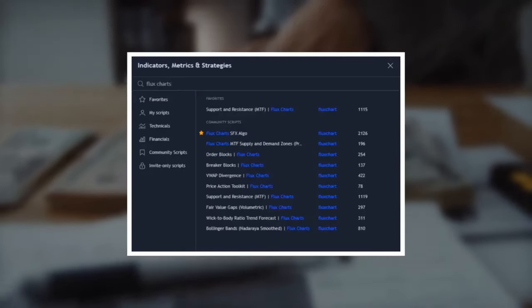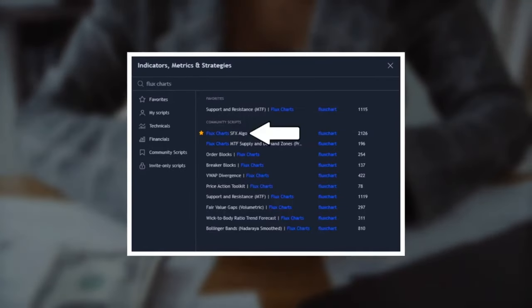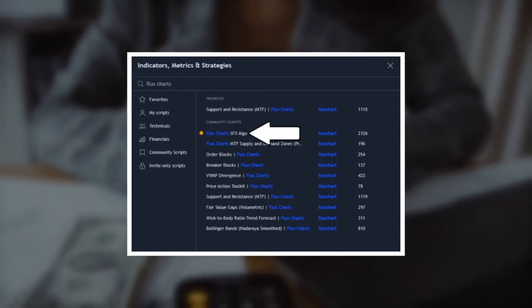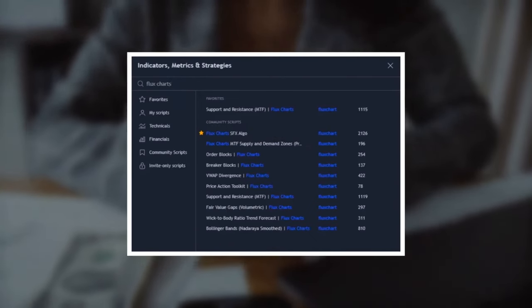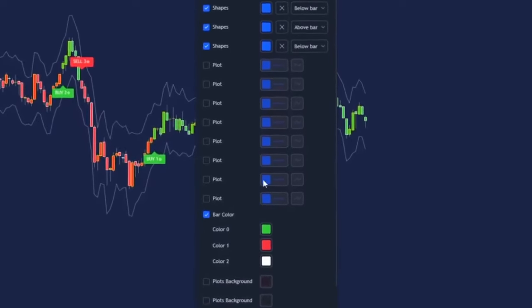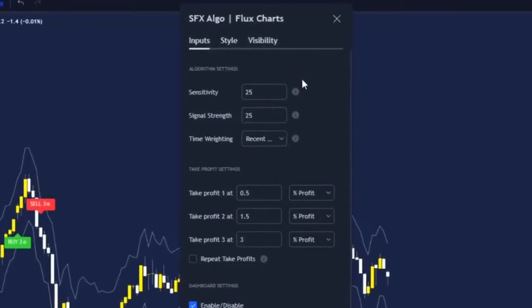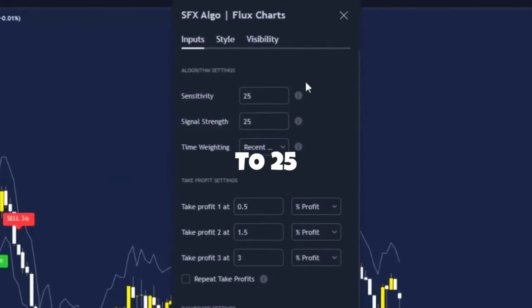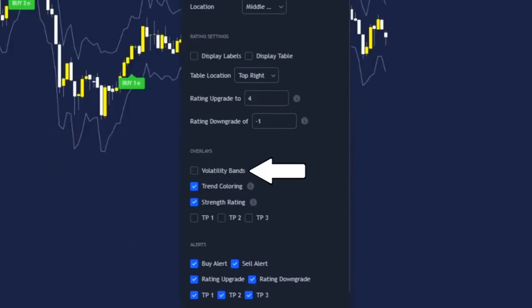Click on indicators again and type in FLUX CHARTS, and we will be adding the FLUX CHARTS SFX algo by, you guessed it, FLUX CHARTS. Click this once and then we're going to change some of the settings. For the style section, I have removed the bar colors. And then on the inputs, I have changed the sensitivity for the algorithm to 25. I've then turned off the display labels and display table, turned off volatility bands, and finally turned off TP1, TP2